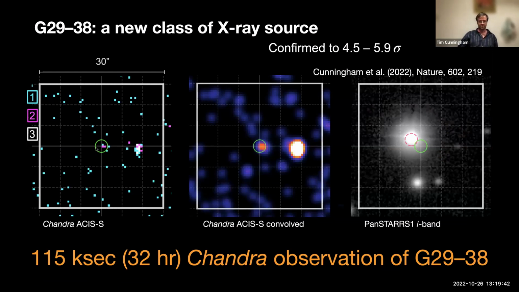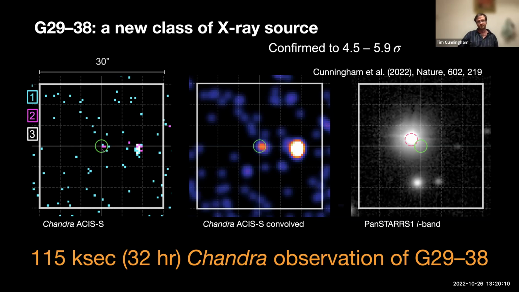That's what I'm showing here on the left. Those 5 counts were sufficient to confirm our target to a significance of 4.5 to 5.9 sigma. This was largely due to the sensitivity of Chandra's ACIS-S, where the expected background in that exposure time was 0.1 photons. So here I'm showing the 2, 4, 5 counts detected within 1 arc second of the expected position